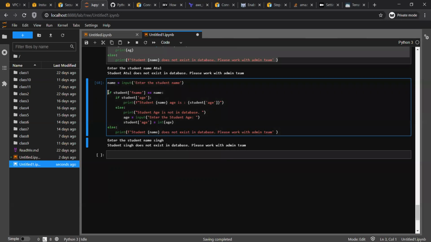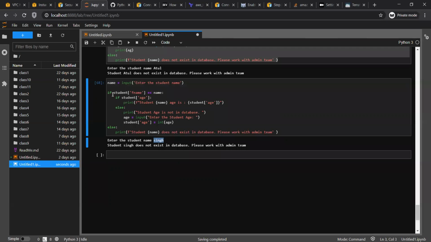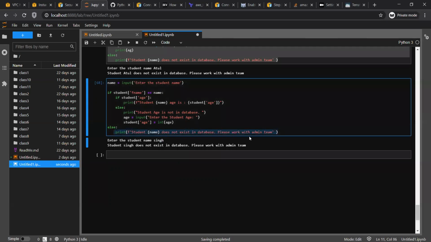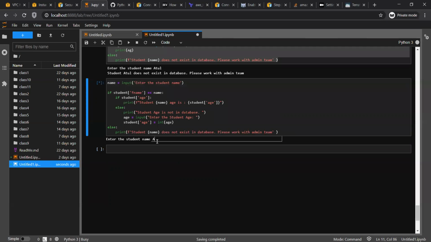So that's why I'm saying Python works based on the indentation. For this if, this else is there. For this if, this else is there. So understand that as well. As soon as it checks whether the string exists or not, it doesn't exist, so it will print this statement. Now run it again. Let me enter Adam.